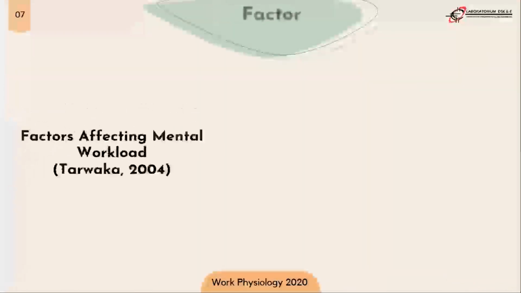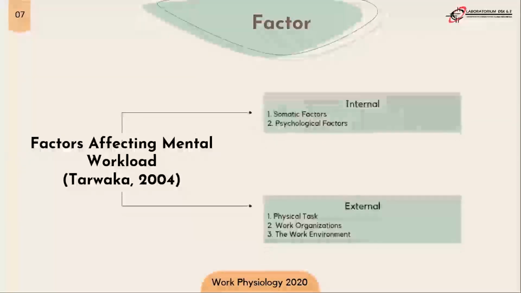Okay, let's move on to factors that affect mental workload. There are two factors. First is internal, which occurs from within the operator and is affected by him or herself. And the second is external, which occurs from outside of the operator. Okay, let's discuss one by one. We will start with the internal factors. First is somatic factors. It means the operator's body conditions such as gender, age, body size, nutritional status, and health condition. For psychological factors, related to the operator's psyche or soul, such as motivation, perception, belief, desire, satisfaction, and so on. Next, for the external factors are